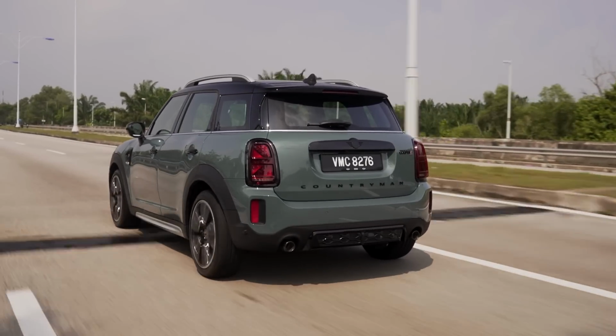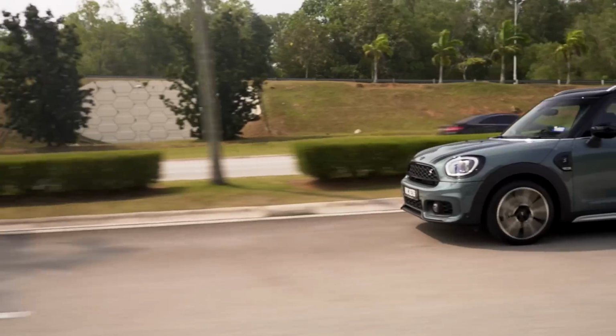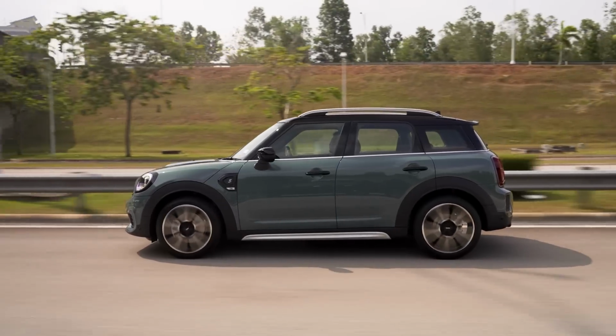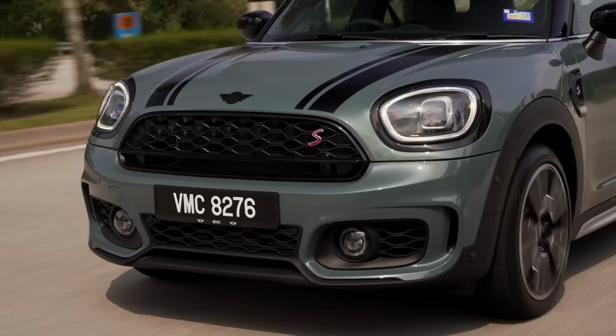but yeah, I'm not a fan really. But having said that, this is still a Mini, so even in its softer settings, it's nowhere near as comfortable as the Mercedes-Benz GLA or the Volvo XC40. The ride is inherently still a little bit stiff, a little bit bouncy, so even when you're cruising around on the highway at say 80, 90 or even 110, you might feel that there's a bit of a bouncing motion going on. That is still there, but again, it's not quite as bad as the base car with the regular